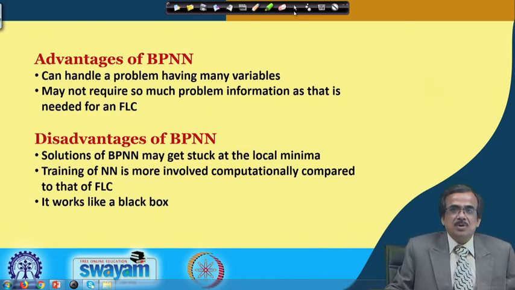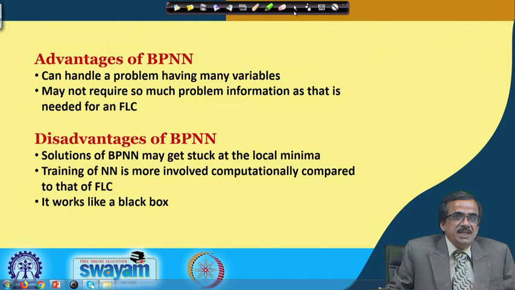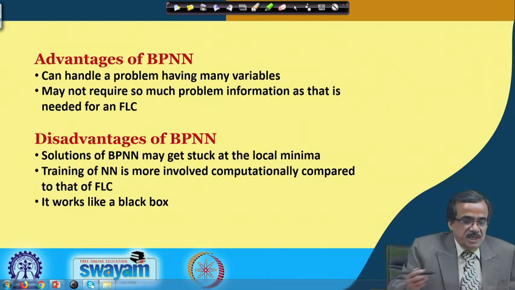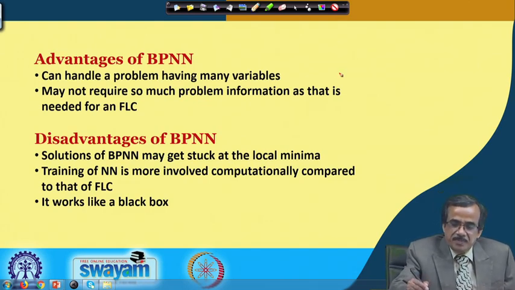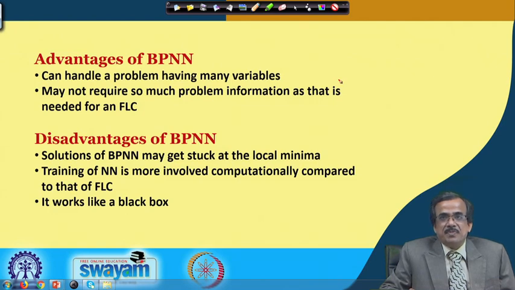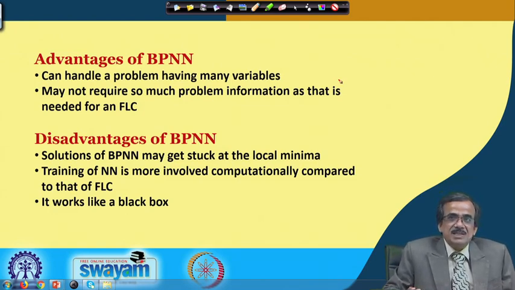Now, I am just going to quickly look into the merits and demerits of this multi-layered feed forward network. This multi-layered feed forward network can handle a large number of variables. If you remember, while discussing the fuzzy reasoning tool, we discussed that if the number of input parameters increases, handling or modeling that process using the fuzzy reasoning tool will be difficult, because the number of rules is going to increase